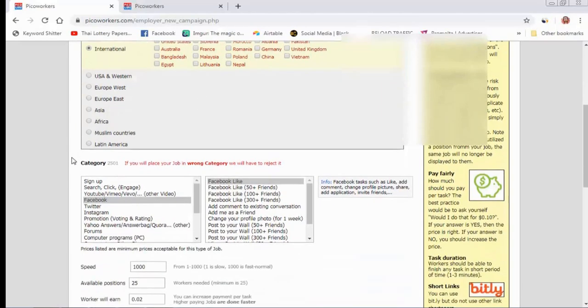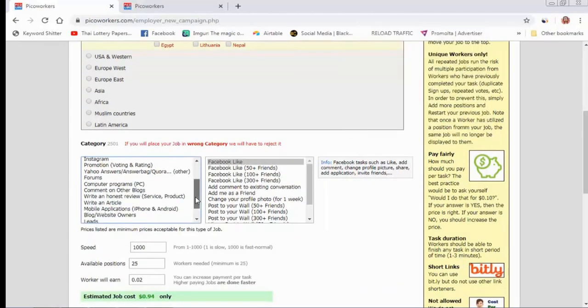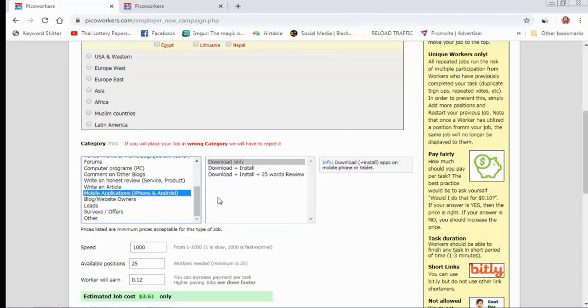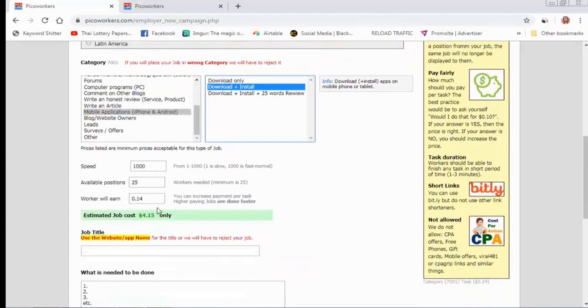I select international and go here to mobile application, download and install. We select the download and install category. Here we need to pay 14 cents for each worker, and you can select 25 users, or 30 users, or 100 users.